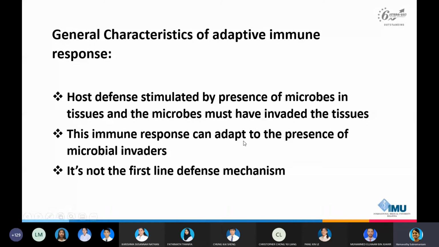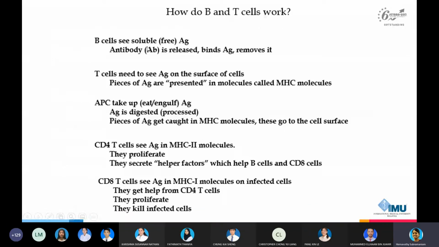As we know, the key players for adaptive immune response are your B and your T cells. The B cells will see the soluble antigens and the antibody will be released. So with that, elimination of the microbe happens. I think we have gone through this earlier. But the T cells, they need to see the antigen on the surface of cells,